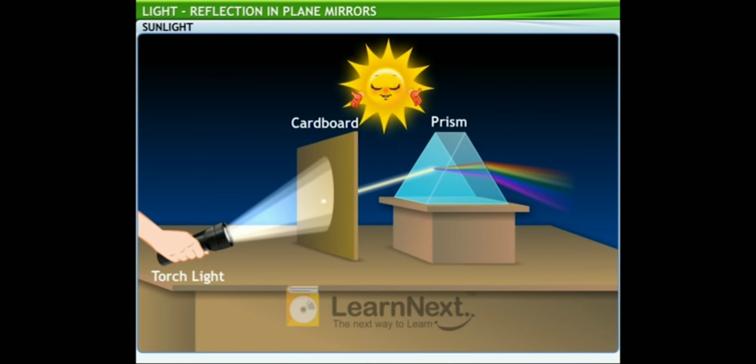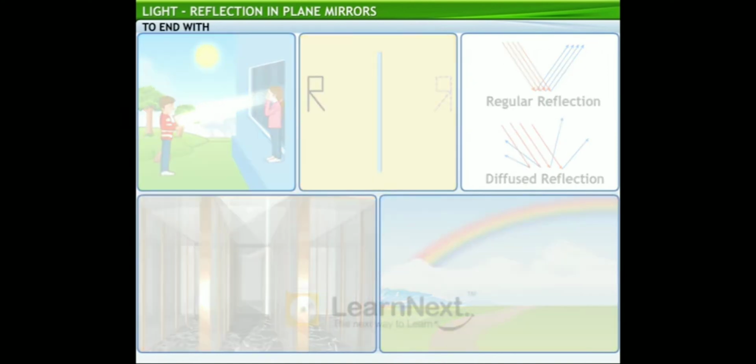You'll learn more about rainbows and dispersion of light in higher classes. This brings you to the end of this lesson on reflection in plain